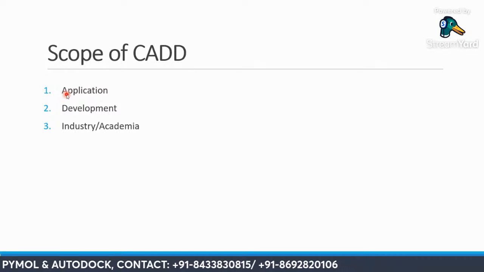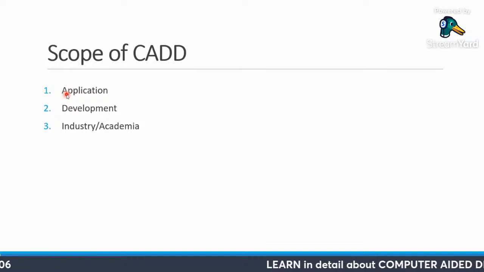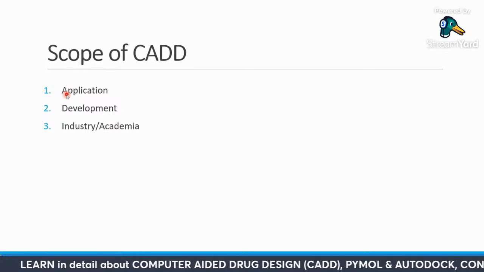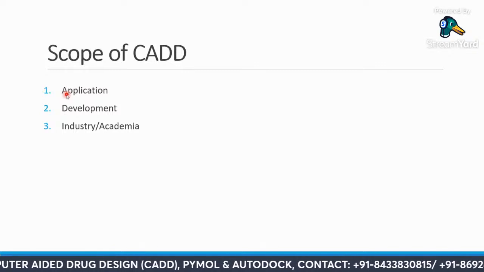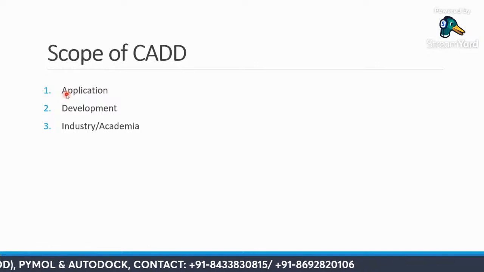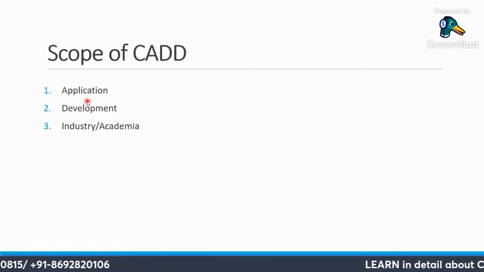It's basically a part of material chemistry, or formulation, but still CAD techniques can also be used to understand what kind of formulation might work for a drug. So CAD is not just limited to hit generation and lead optimization. Like I said, it can also be used in formulations, and other areas, like for example in toxicity studies also. Anyway, that is all a part of application, that somebody has developed a software and you are